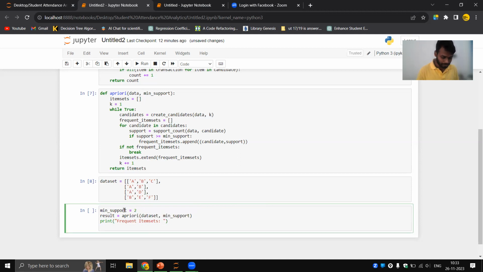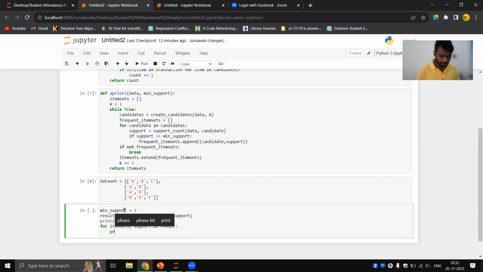So now next point is what? For item sets, support in a result. So now what?